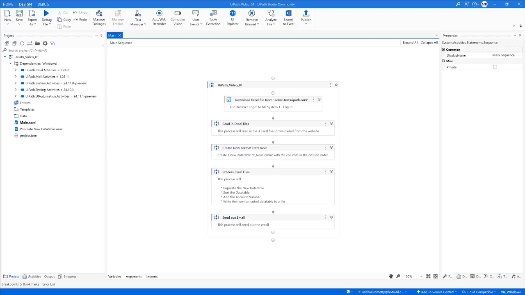To run the code, I'm going to click this play button here up on the ribbon. But before I do that, I want to mention you might want to look down here in this lower left corner while the bot runs. The bot will print out log messages before it performs actions like logging into the website. I'll click play,